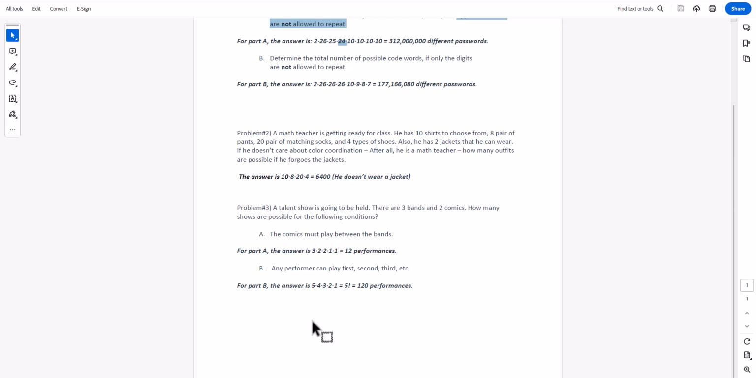Now for part B, any performer, there's no restrictions on who could play first, second, third, and so on. So that means we have a combination of 3 and 2, so there's 5 different acts. So we have 5 acts for the first spot. We can't reuse that act again, so we have 4 options for the second act, 3 options for the third act, and so on. This is the same as the mathematical rule of 5 factorial, meaning that we just multiply 5, 4, 3, 2, 1 to get